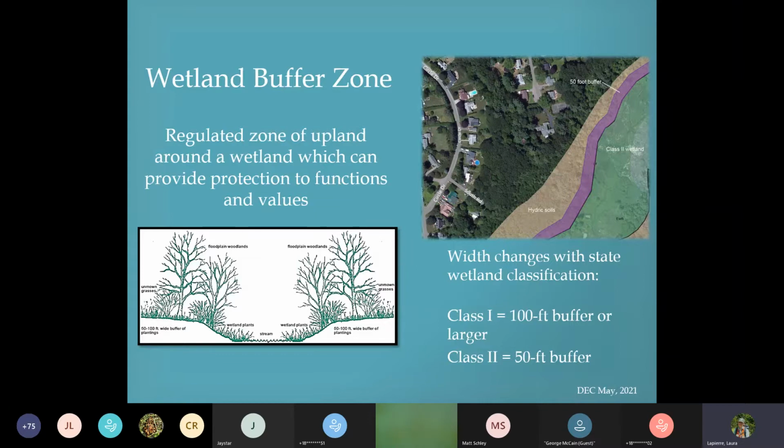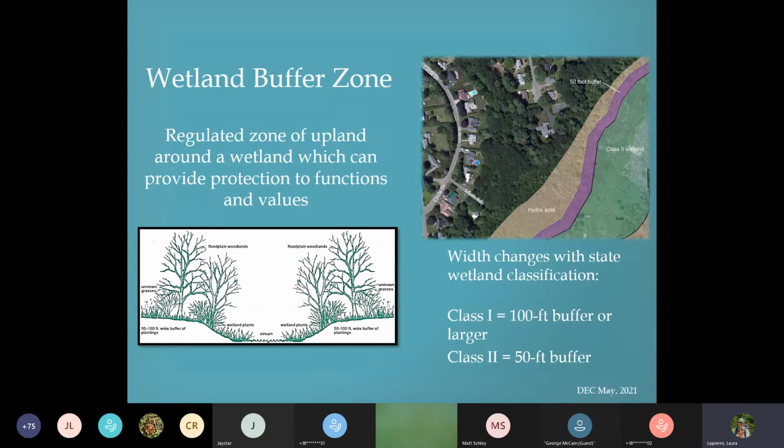There are many ways you can harm a Class 2 wetland by digging and filling from within, but as you can imagine, activities that happen directly adjacent to wetlands, such as discharges, parking lots, noise pollution and such, can harm things like wildlife habitat, water quality protection, and the like. So we protect a buffer zone.